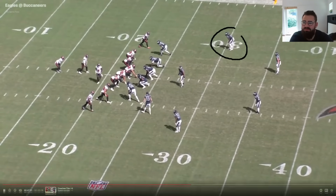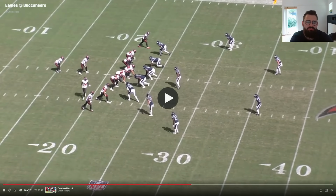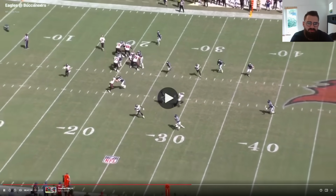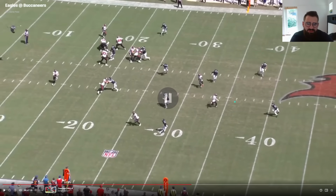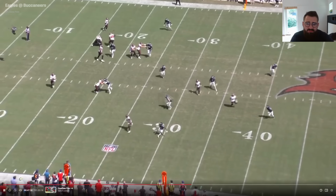Cover 1 man against in-breaker here coming across, I believe, Sterling Shepard one more time. He was facing a lot of him. Outside shaded coverage, so really difficult to get all the way in there with him, especially Sterling Shepard being a little bit faster of a receiver. Now, he does have a little bit of cushion on Kelee, but so if the ball is perfectly thrown in away from the underneath defender as well,